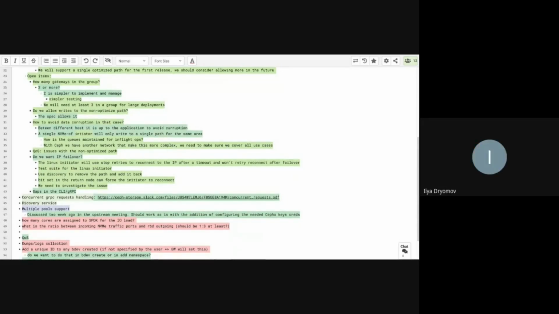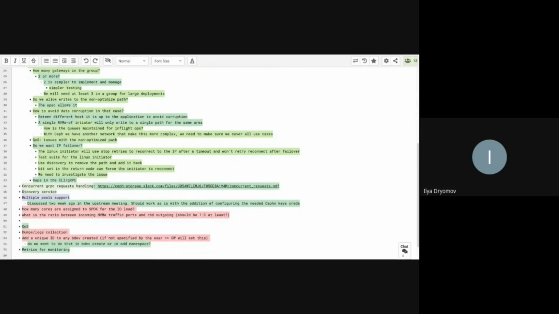Well, I've understood that discussion as we would not actually limit anything, and those statements would be of the form that we've tested this configuration, let's say, 3 gateways in a group with only 2 participating for each particular namespace. That would all be support statements as opposed to limits in code, and therefore that does not necessarily need to be enforced if the user wants to